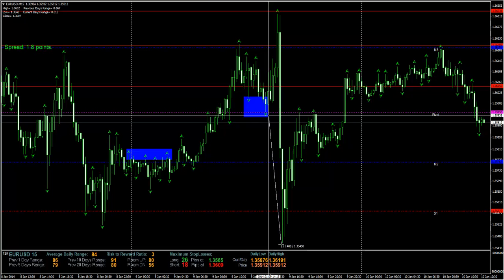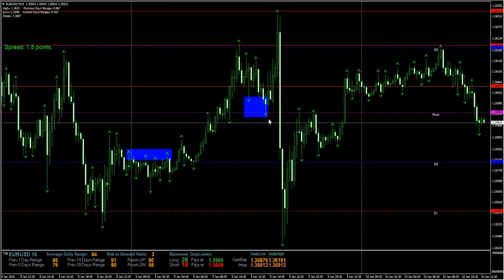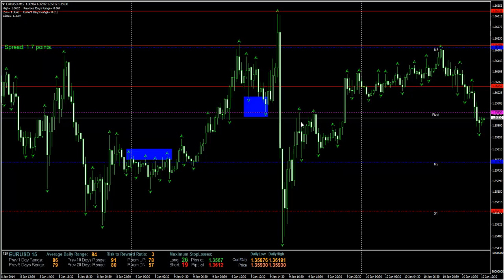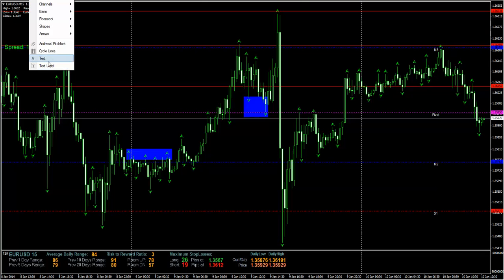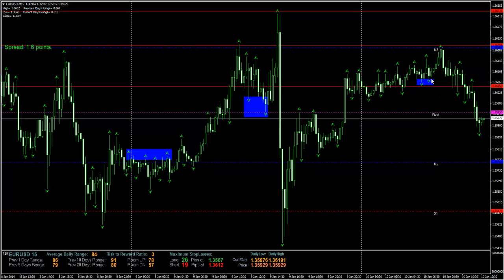Of course, the fundamentals had something to do with this big move here. It's a European Central Bank speech. But in general, we do see a lot of action around fractal breaks. Now, let's look at another one. If we highlight a couple here, again, when they get broken, we have a nice little rally down by around 17, 18 pips, and that's still going. So fractals